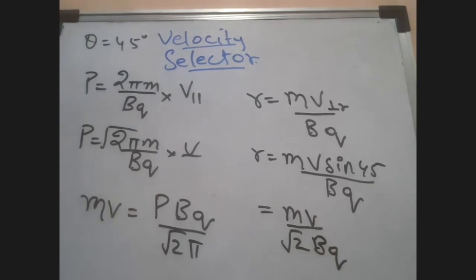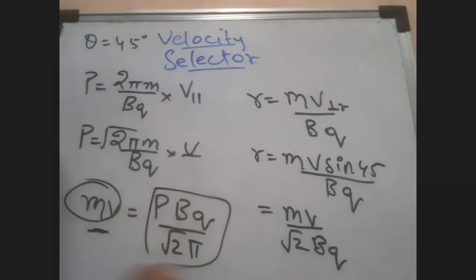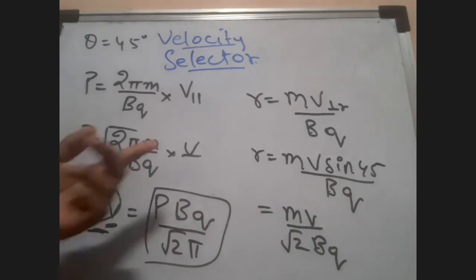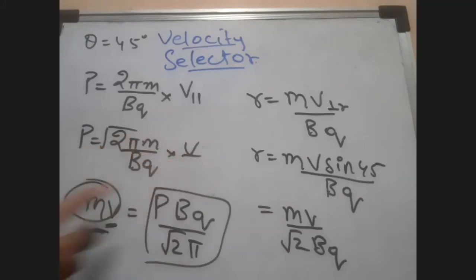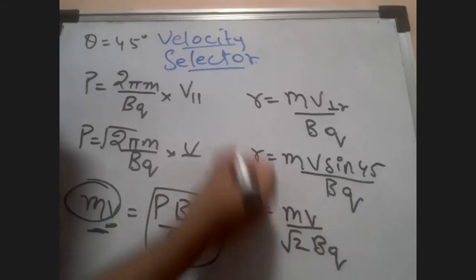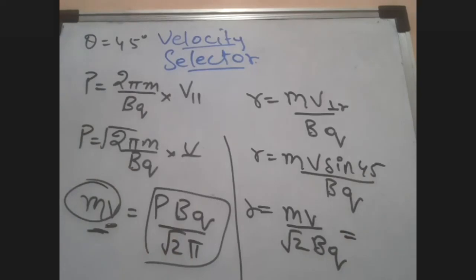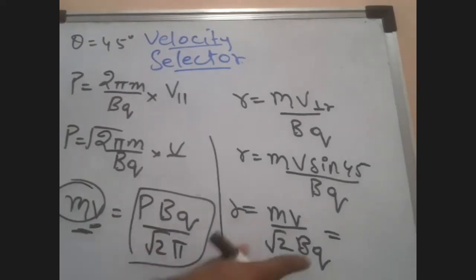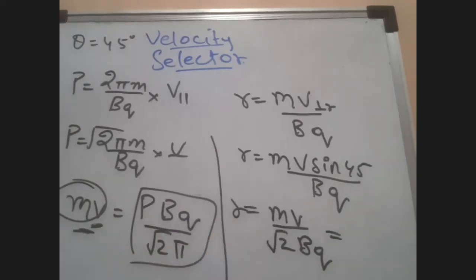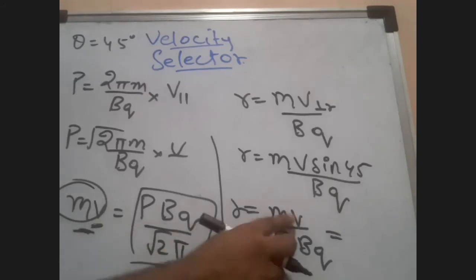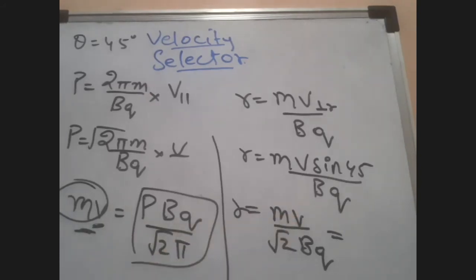But now, students, you got the relation of MV in terms of pitch. You will say it was parallel velocity. No, I have already converted it. It is now velocity only, MV. So you can put this in terms of MV here. This was R, no, students? So put the value. What will you get? Substitute the value of MV over here.